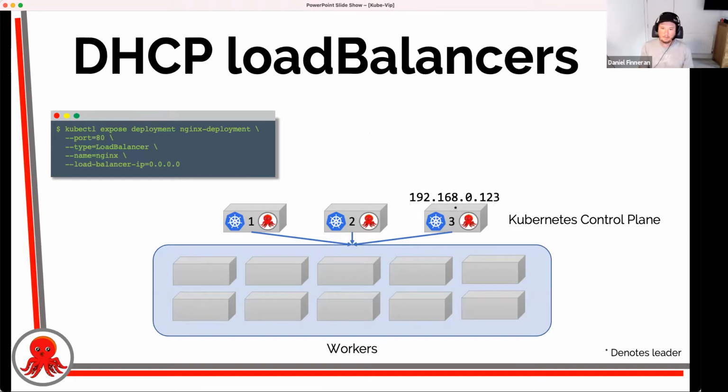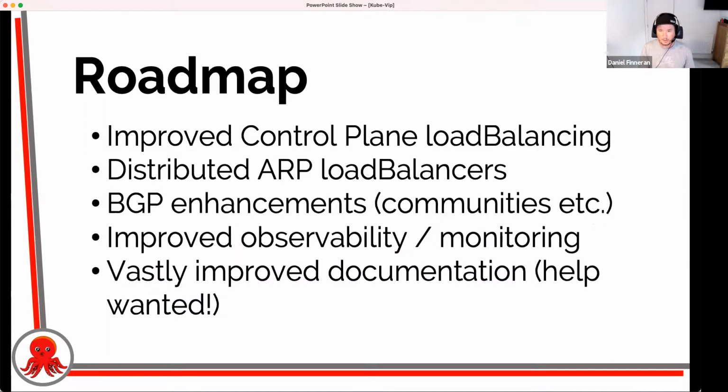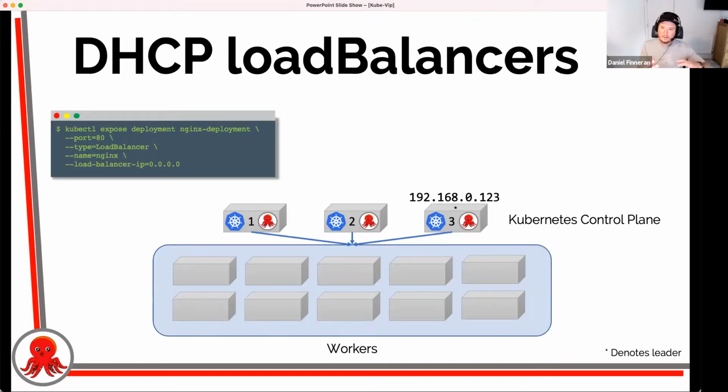Kube-Vip will update the service spec and status with that new IP address, and then do ARP to tell the rest of the network that if you want to send traffic, I've just got this IP address, send it to me via that new IP address. So we can effectively leverage things that already exist on the network to give us service IP addresses.